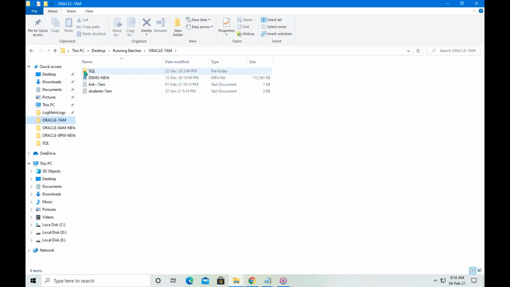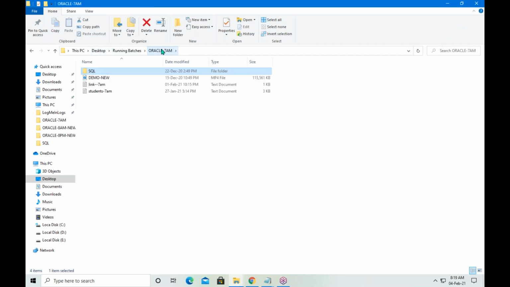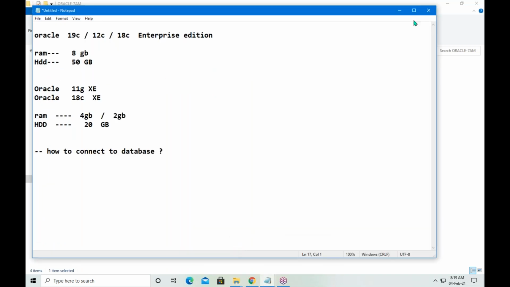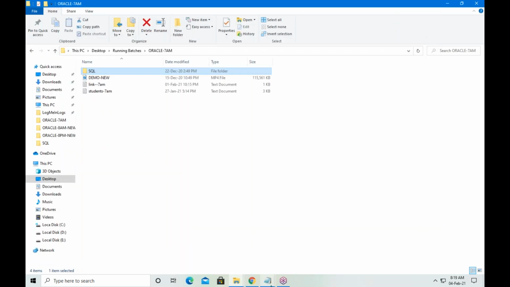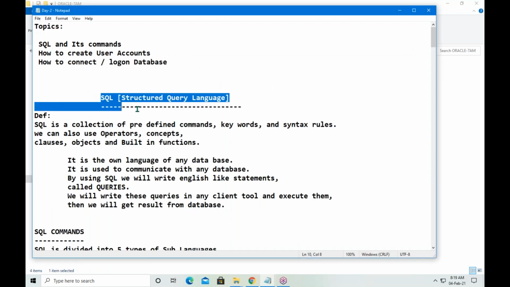So how to create a table? By writing queries. Okay. How to write a query? By using SQL. What is SQL?